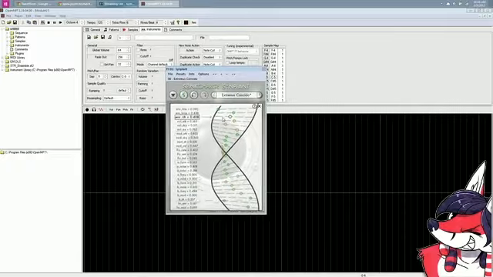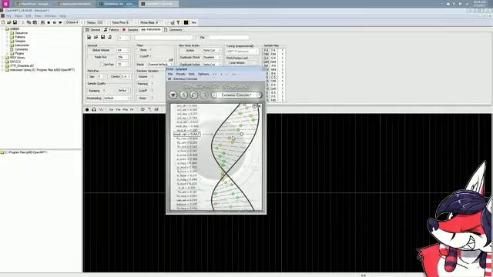Because the DNA sliders control pretty much everything. The forms of the waves, well, waveforms, the forms of the waves. That's a funny way to say that.